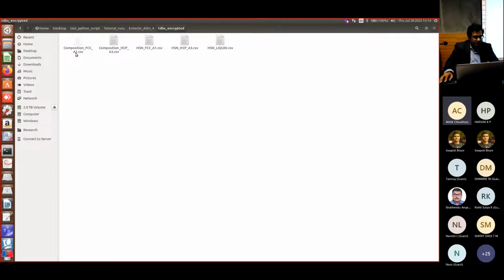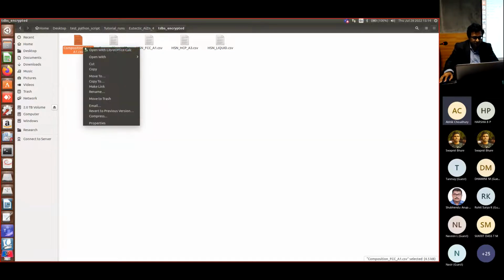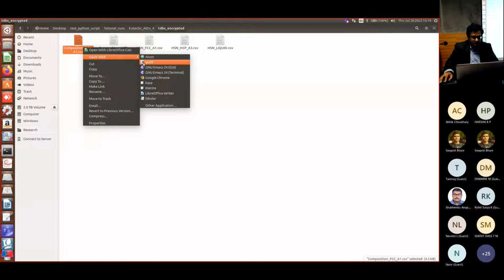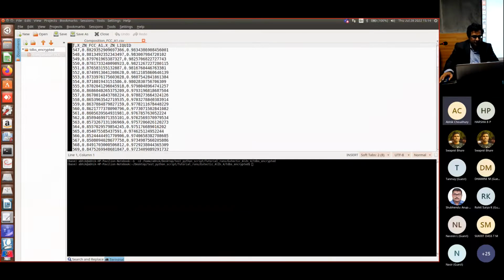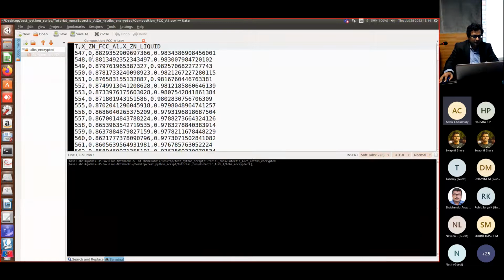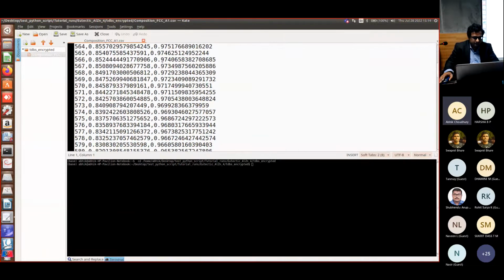So there is a composition file for the FCC, and a composition file for the HCP. These are the 2 solid phases, whose compositions will be tabulated against the liquid phase. So if you open this, so you see there is X zinc with